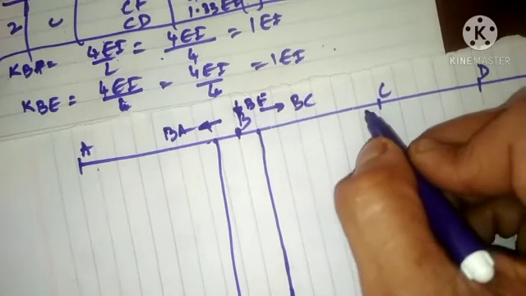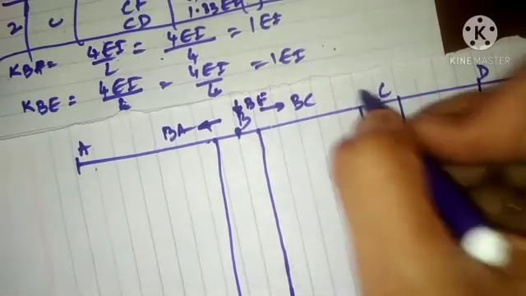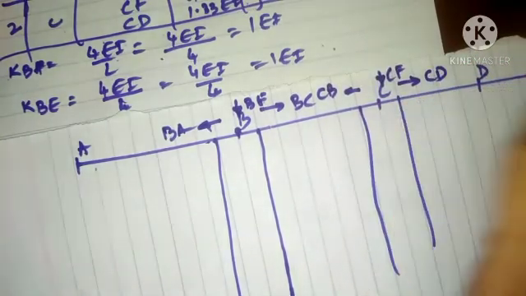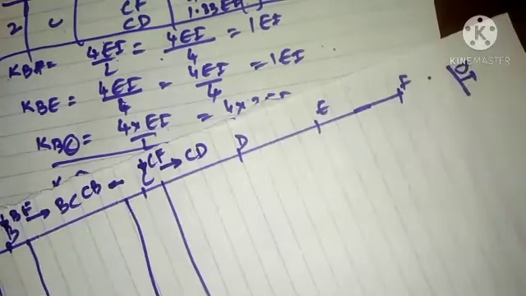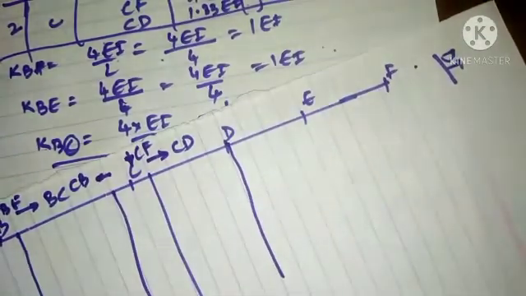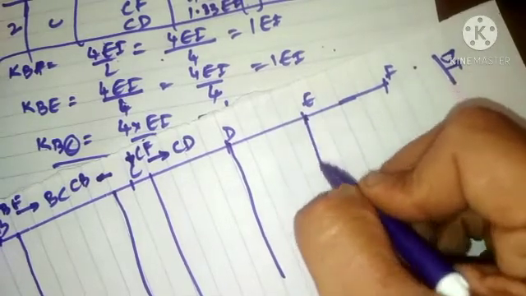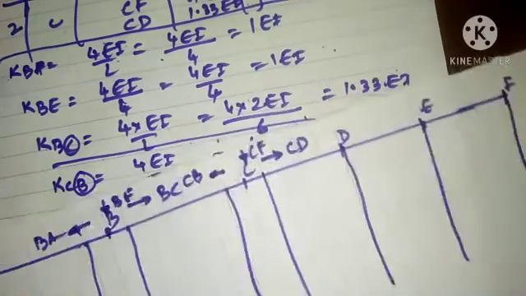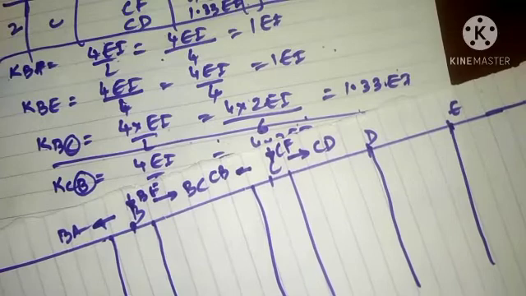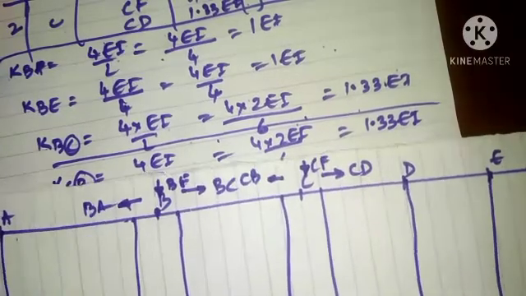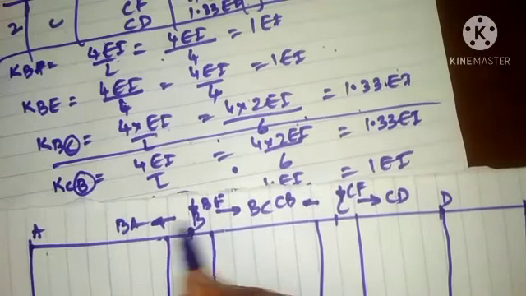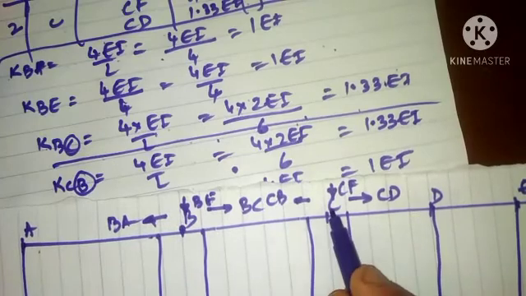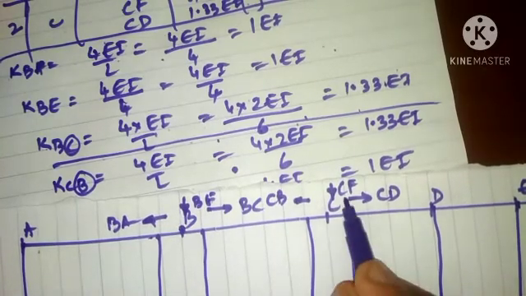Likewise, C will be divided into three parts. Left side will be CB, vertically downward will be CF, and right side will be CD. And D will be connected by only one member here, E will be connected by one member, and F will be connected by a particular member here. So this is the table that you have represented, in the form of a distribution table. B will be connected by three members: left hand side BA, vertical member BE, and right hand side BC. Likewise, C will be connected on the left hand side as CB, CF and CD.